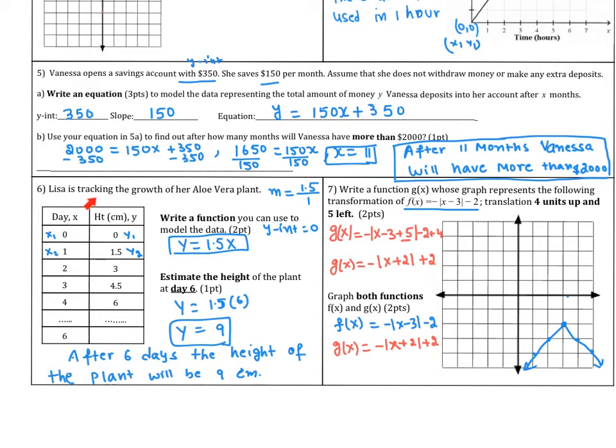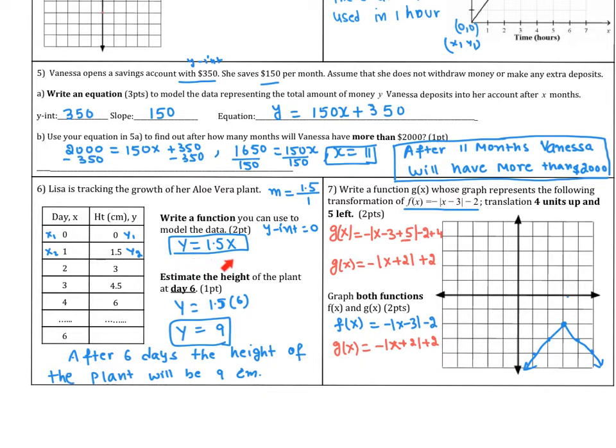So Lisa is tracking the growth of her aloe vera plant. The table is given on the bottom. Use any one point as x1, y1 and the other one as x2, y2 to solve for the slope. So the slope is y2 minus y1, which is 1.5, divided by x2 minus x1, which is 1 minus 0, and that's just 1. Y-intercept is 0, and then the equation or the function value is going to be y